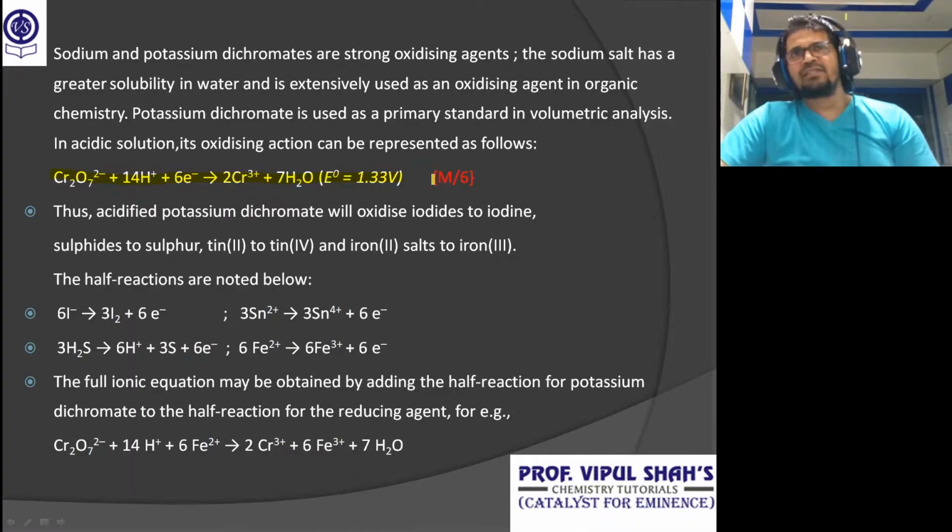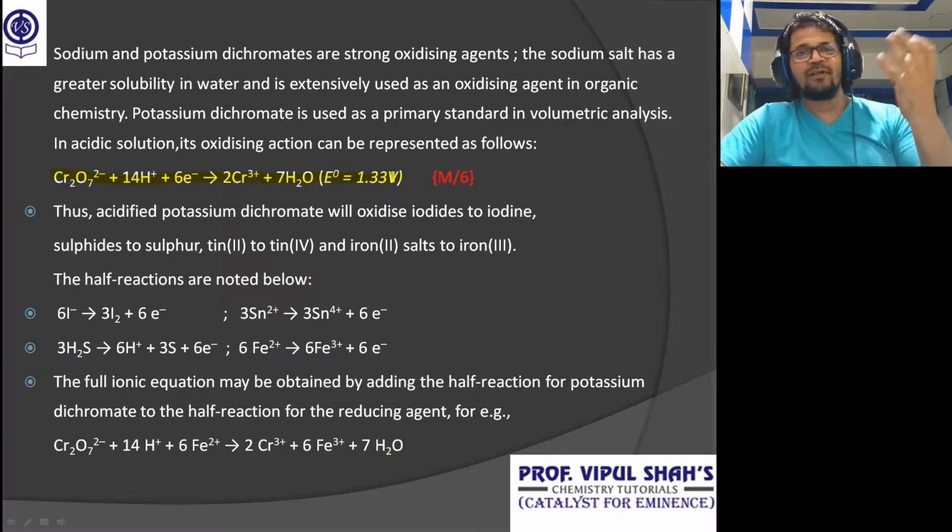Can anybody see what I have written in this bracket here, m/6? Anybody recall what it is? Going back to what we did earlier in mole concept, equivalent mass. What is equivalent mass? It's a relative mass, which is related to different things in different forms. So if I talk about equivalent mass of an oxidizing or a reducing agent, what was the formula? Molar mass divided by number of electrons lost if it is a reducing agent, or number of electrons gained if it is an